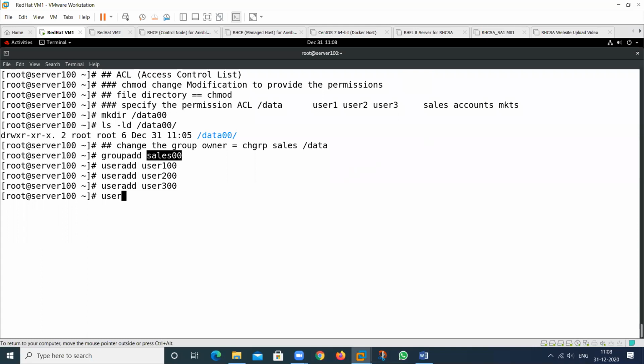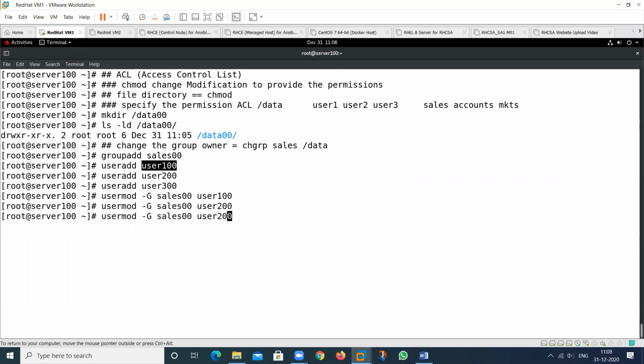So we apply usermod, then hyphen capital G, then sales, and the name of the user. Good. Yes. Nice. Then the second also, and third also.